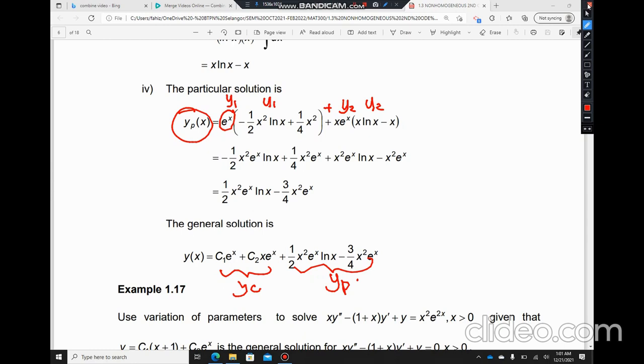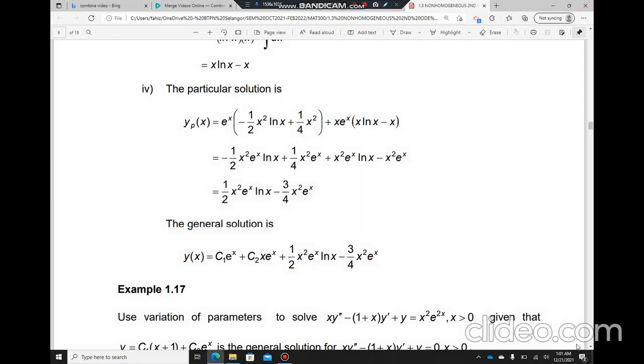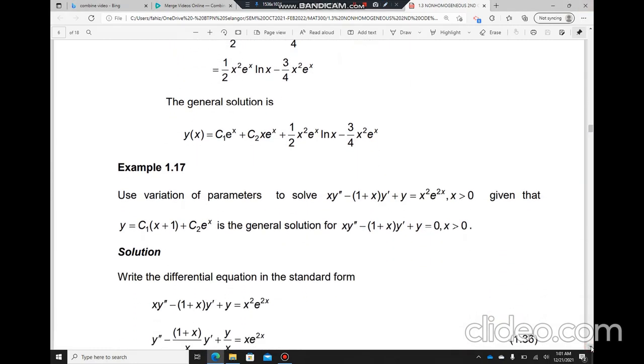Okay, next we discuss example 1.17. Use variation of parameters to solve xy double prime minus (1 plus x)y prime plus y equals x squared e^2x, given that c1(x plus 1) plus c2 e^x is the general solution for xy double prime minus (1 plus x)y prime plus y equals 0, x greater than 0. Okay. So this one,